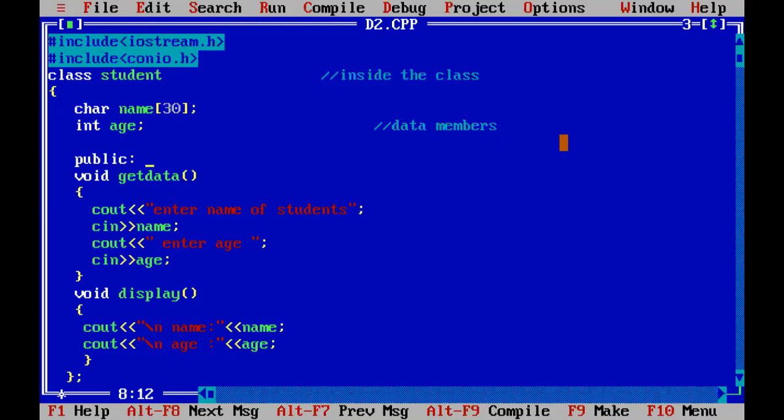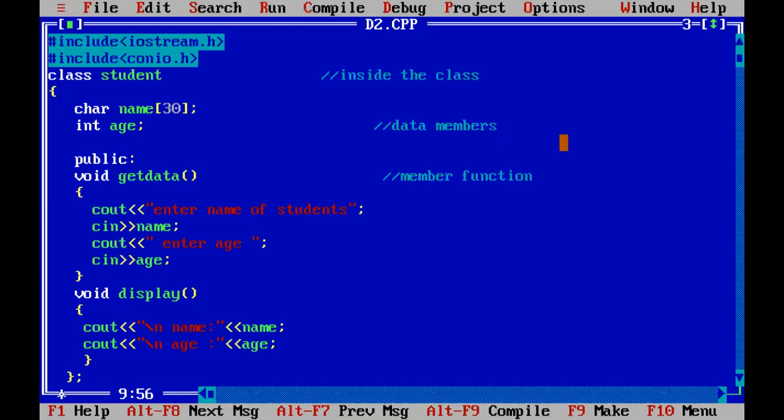Next, I need to take some functions also here. That function is known as a member function. Now students, one more important thing: why do we use a member function here?